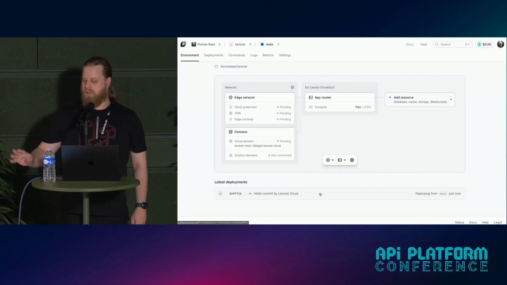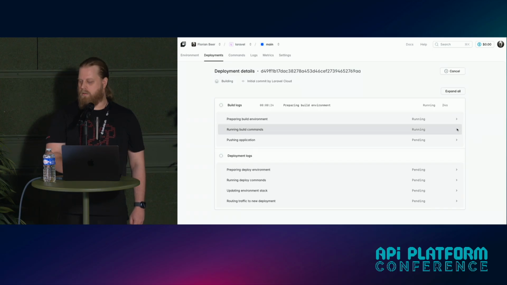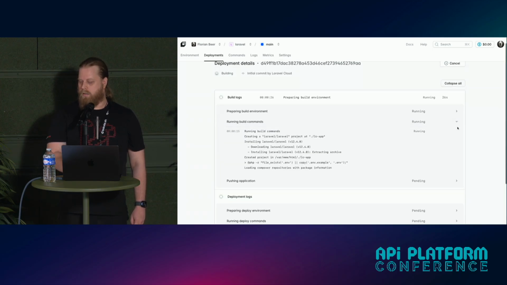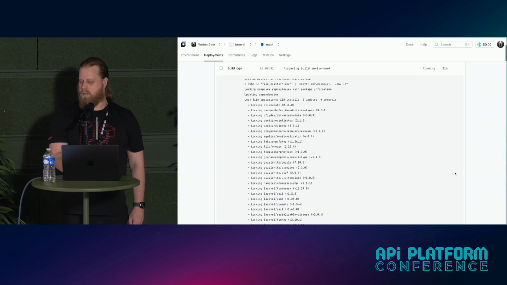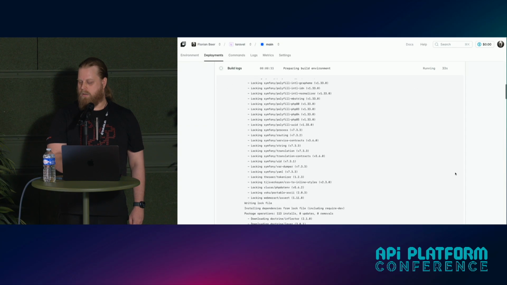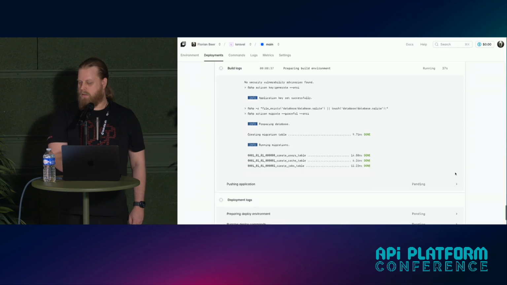So in about a minute, hopefully we're fast enough today, we should have a URL where we can access the app. Let's take a look at the deploy process. It's still running. You can basically see what it's doing here, installing all the usual Composer stuff, Vite deploy, what you're used to if you're doing it locally, but it does it all for you.